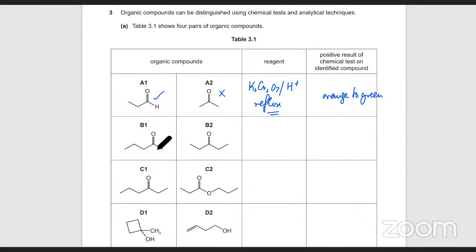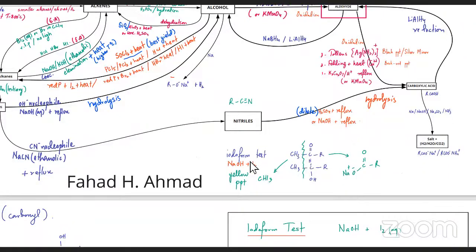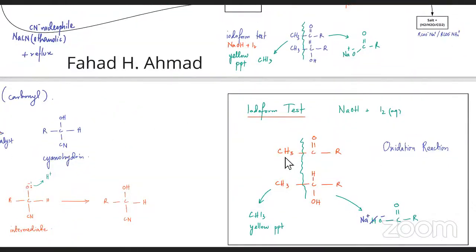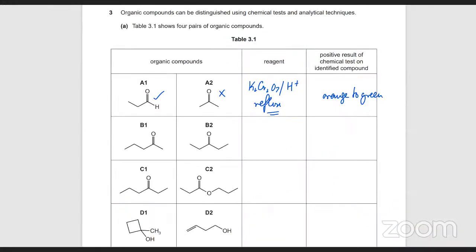The other one is, this is a ketone, this one is also a ketone, so both of them are ketones. यहाँ पे the test that you're going to do is an iodoform test. Iodoform test ये वाला is a positive test for a methyl ketone. तो methyl के साथ अगर if you have a C=O, then it's going to give a positive test. तो यहाँ पे this one is a methyl ketone because there's a carbon and this carbon has 3 H's, so this is a methyl next to a ketone. So यहाँ पे it's not a methyl next to a ketone, so this one will give a positive test for